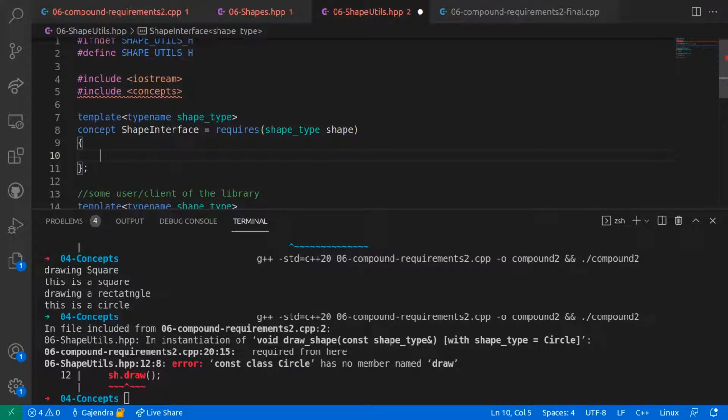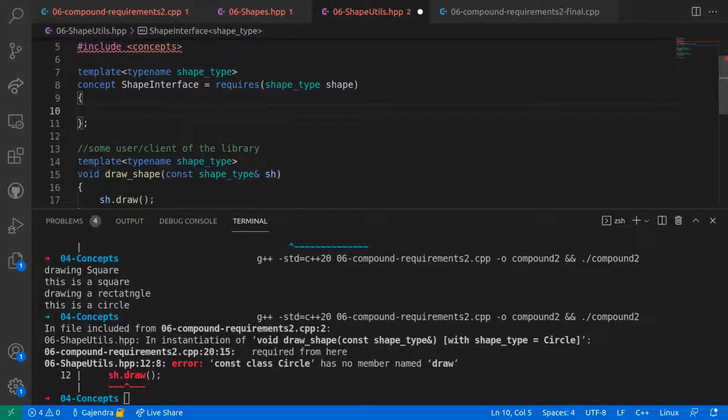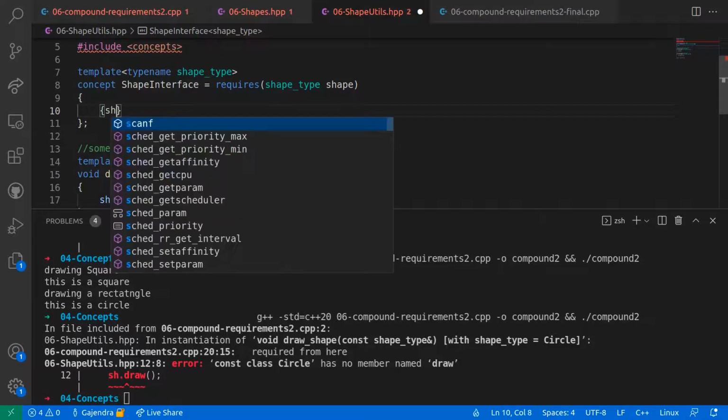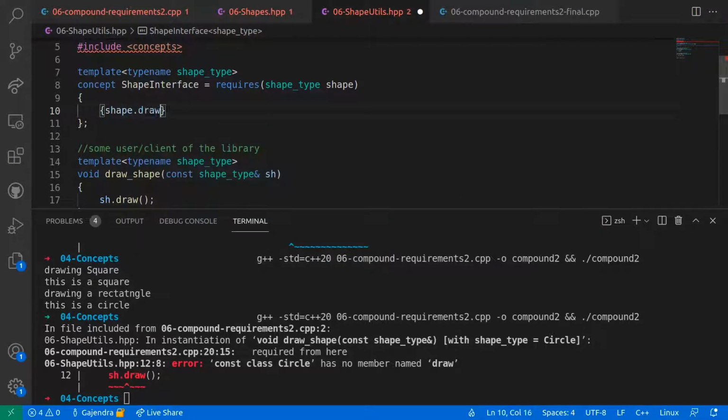In the body of the constraint, I have to check two requirements, namely shape provides the public method draw, which returns a void, and the expression std::cout streamed with shape is well formed. So let me go ahead and do this as a compound requirement. The first one is shape.draw, and it should return